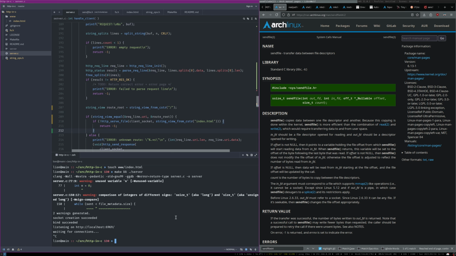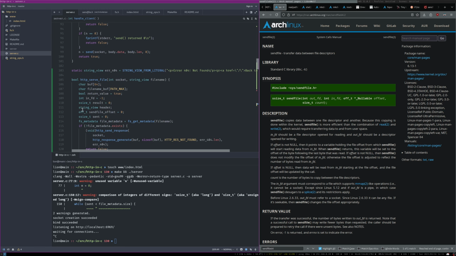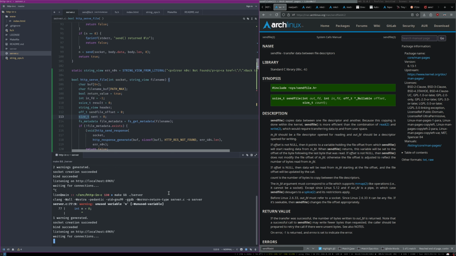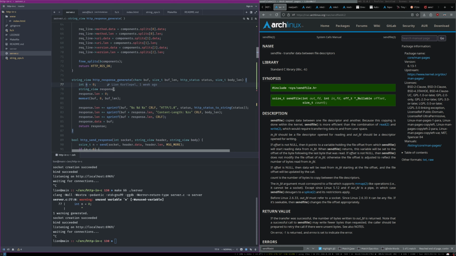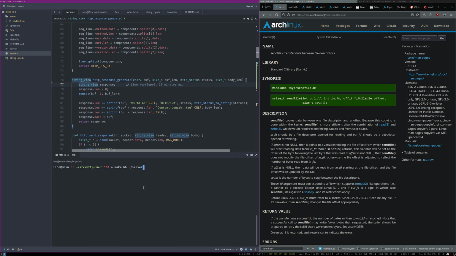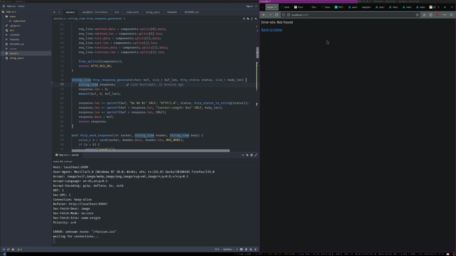Okay, these are different signs. We probably want to fix that by declaring this one size_t, because it's never going to be negative. Wonderful. And then, of course, n is unused, so we get rid of it. Wonderful. So now, if we go to the main page, it says 404 not found, but if we go to